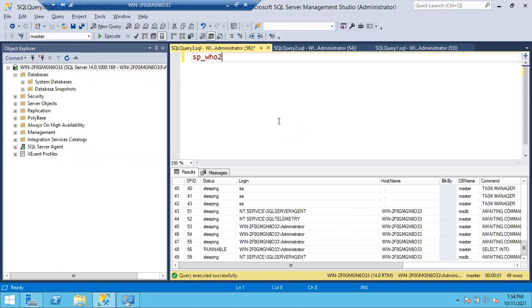In the same way, instead of running the whole big script, we simply run the sp_who2 stored procedure. We don't create this sp_who2; automatically it comes with the installation. No need to install anything, no need to create anything. These are the default stored procedures that come along with your SQL Server when you install. So if you run the stored procedure, one big query will run in the backend and populate these values. Right, so SP means stored procedure.